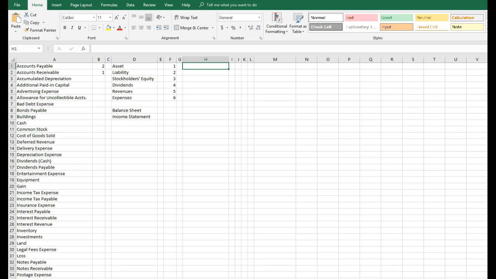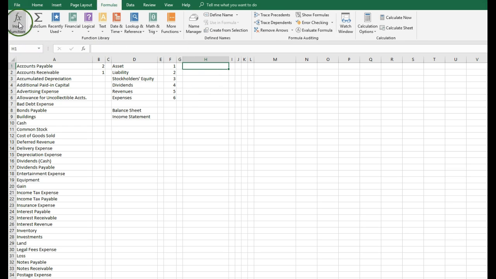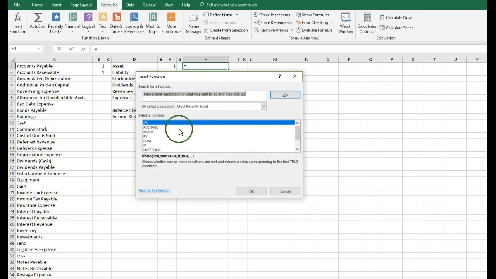Okay, here's a quick video to see if your version of Excel has the IFS function. So you want to have it in this cell right here, so make sure you click on H1. Then to look for the function, click on Formulas, click on Insert Function, and it might not